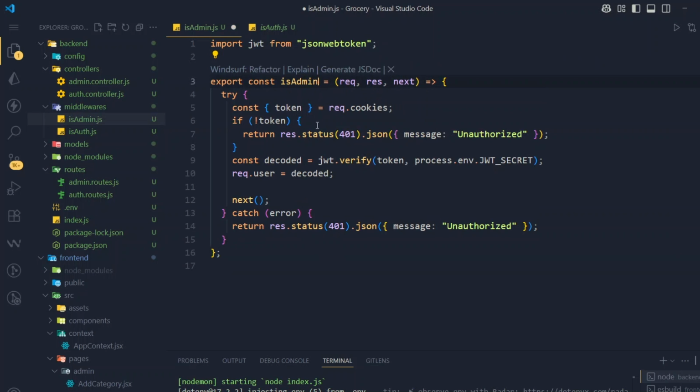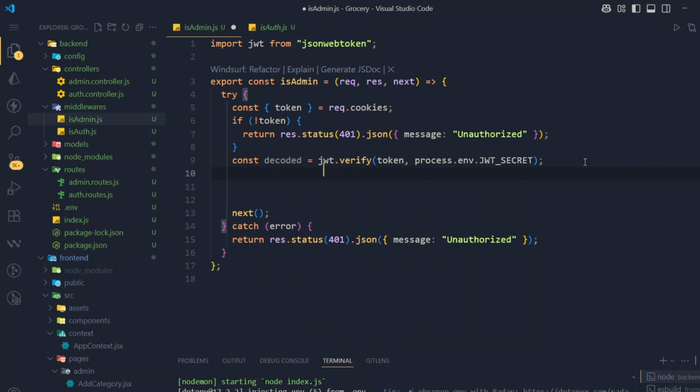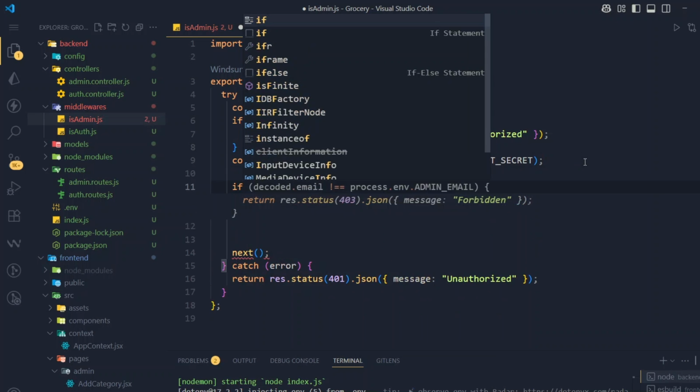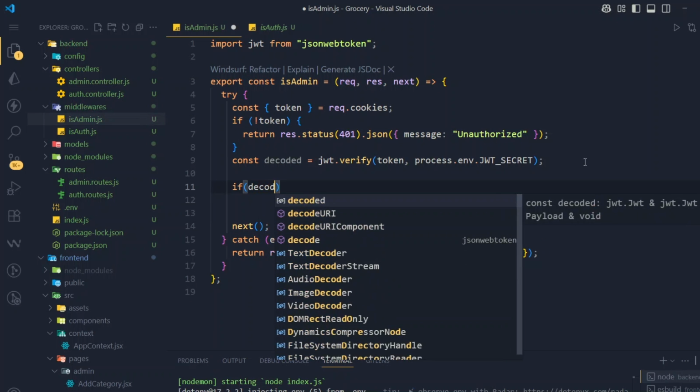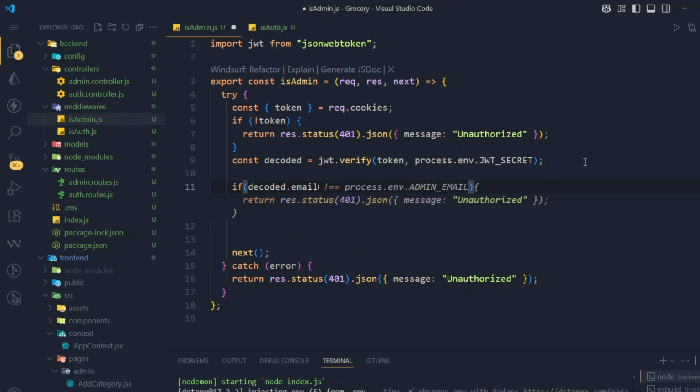Okay, and this will be same, and here we will use const to decode it. It will be like this. It will be same like above in our user, and below this we will use if decoded.email is not equal to